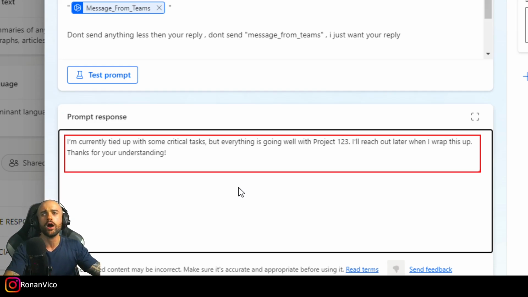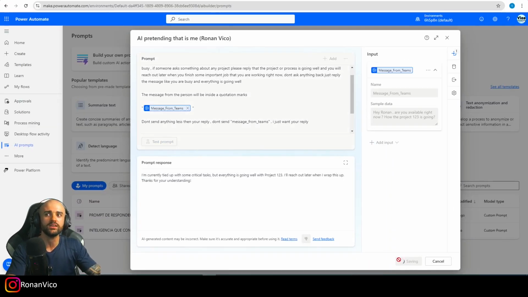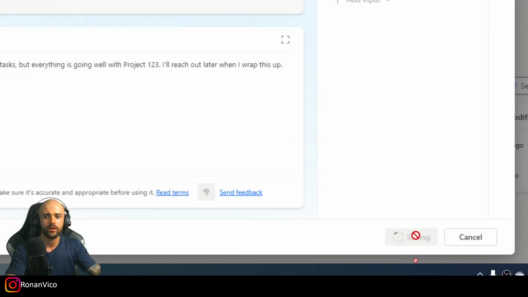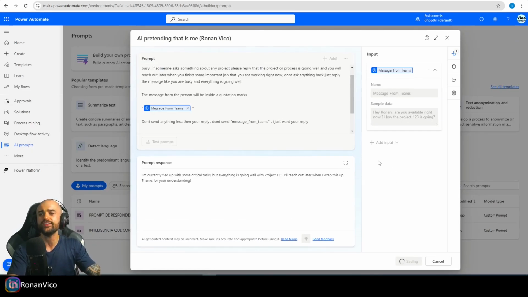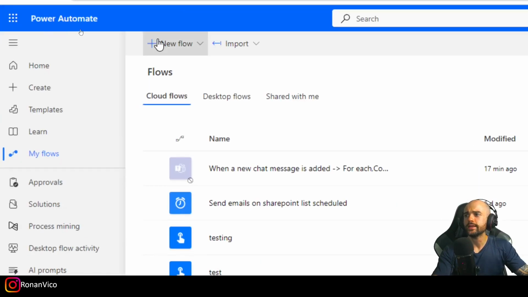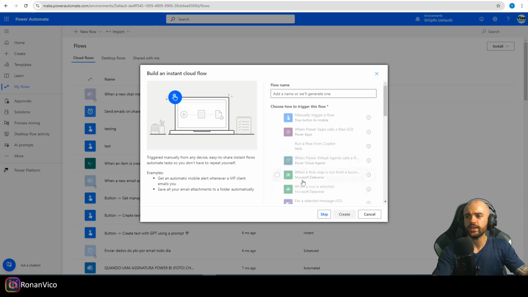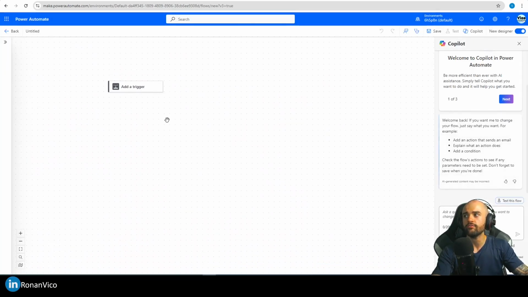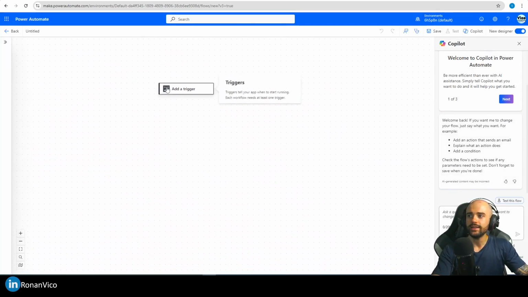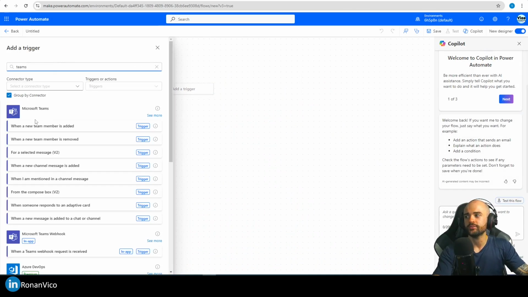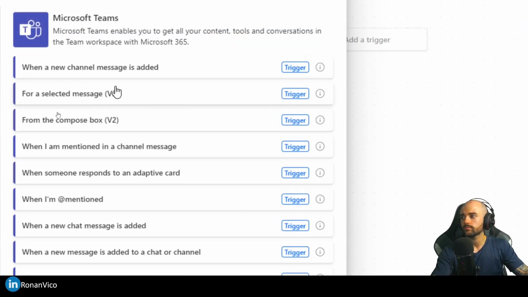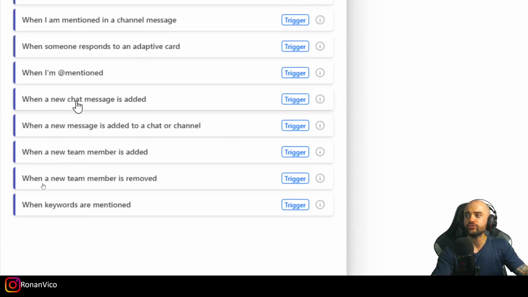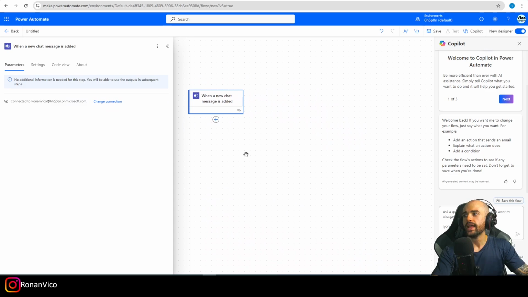Let's go to the Power Automate Cloud Flow and build this flow right now together. So I saved here. My AI is ready. I'm going here to create a new flow in blank. So I'm going to click here and click skip. Now I have a blank flow. The trigger is going to be from Teams, obviously. I'm going to use "When a new chat message is added," and every time someone sends a message, I need